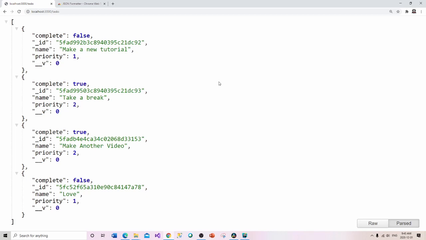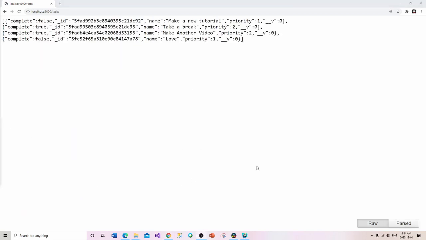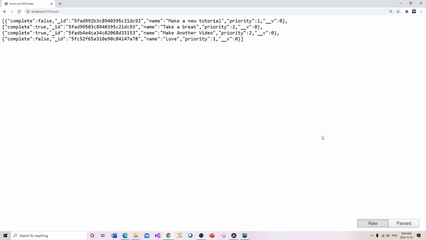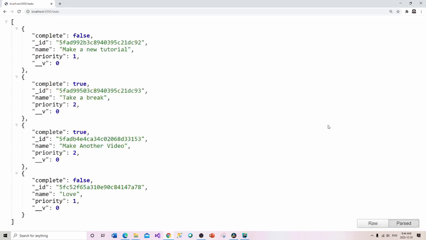There. Okay, so I've got a different view of what I wanted to see. It's just put it into a different format for me. That's okay. You don't have to do that. It's just, I find it a little bit easier to see the JSON in this view. The nice thing about this is down on the bottom corner, you've got raw, which is what we had originally, or parsed. You don't have to do that. I'm just doing it so that you see that there's an actual difference between,